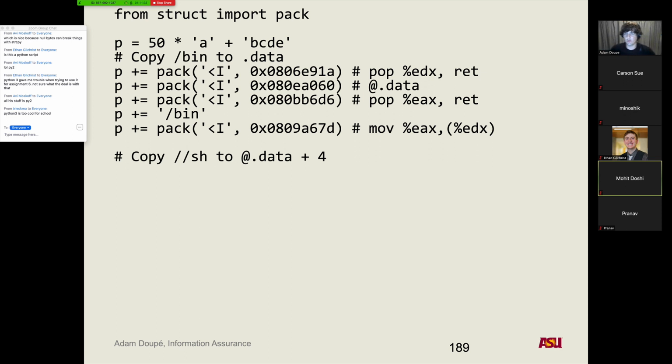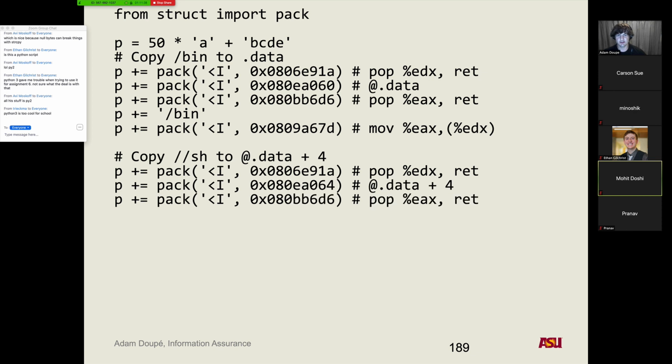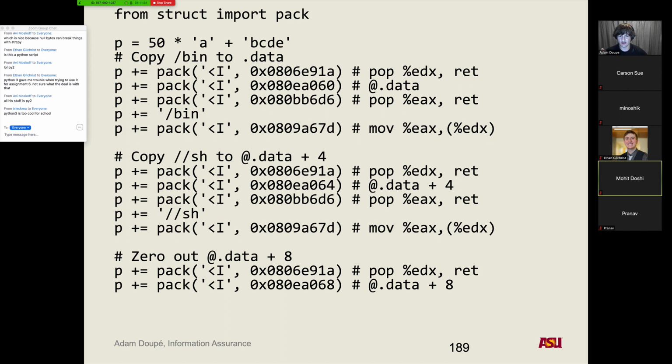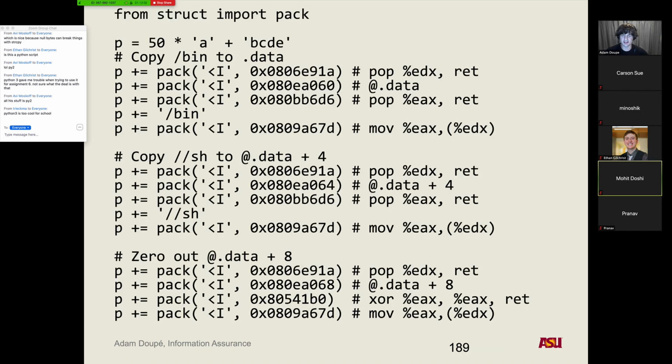Then we're going to now copy the other part of the string, /bin //sh. So similar thing, but now with //sh. Now we need to zero out, so we need to put a null byte at .data plus 8, because we need to have our string end in a null byte. So then we call, so we XOR EAX with itself to set it to 0, and then we call that gadget to move it in there. So now we've been able to change memory to add /bin //sh and then a null byte,